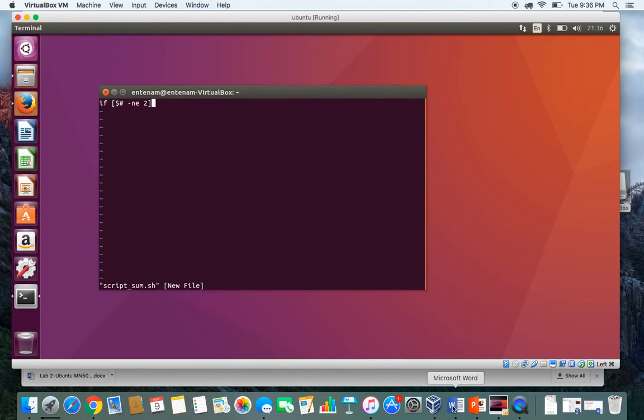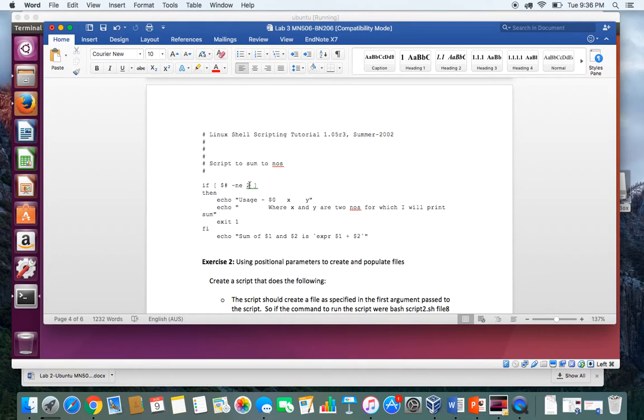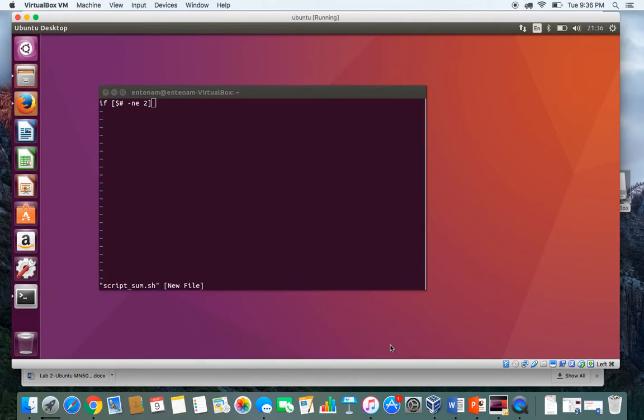Okay, so if dollar hash not equals to 2, then echo, and it says usage $0, that means the name of the script, and then x, y,